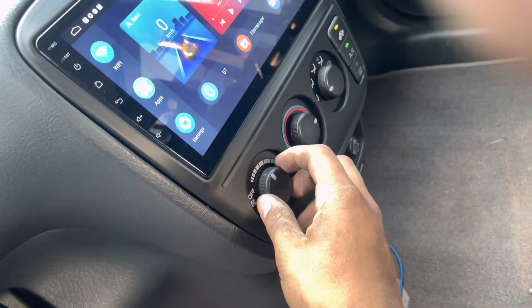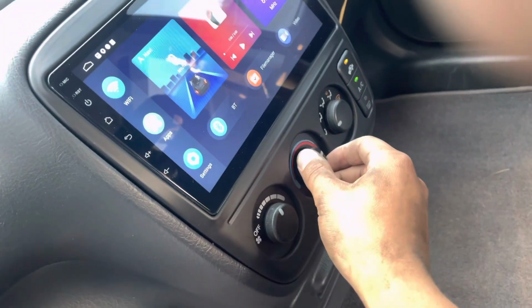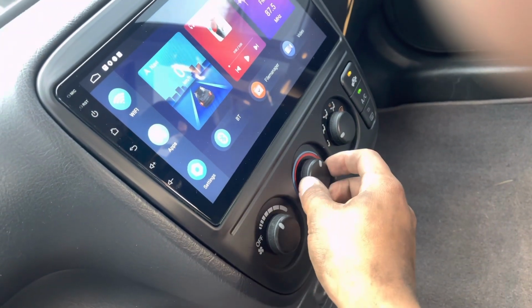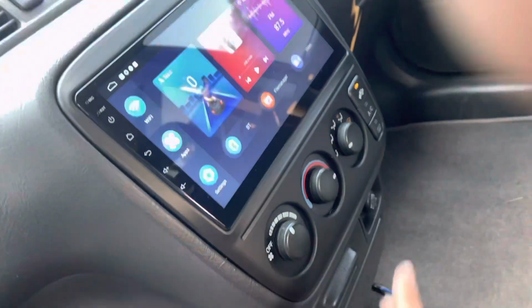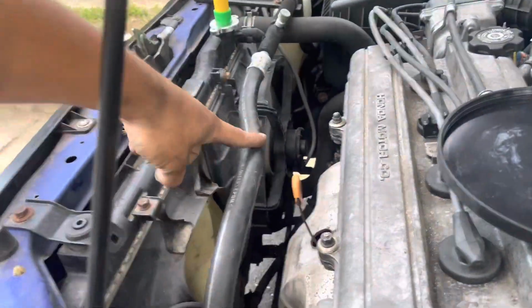So, guys, you wanna put this on about 3 or 4 setting, on max heat. Have the AC off, and you want to leave it like that. Let the car warm up. So this whole process takes about, depending how cold or hot it is outside, maybe 10-15 minutes, just because the car does have to get to temp to kick on the fans on the radiators. Once the fans do kick on,